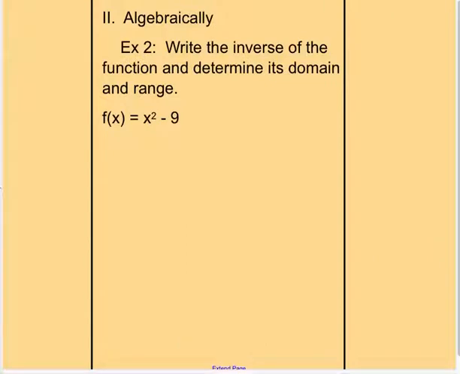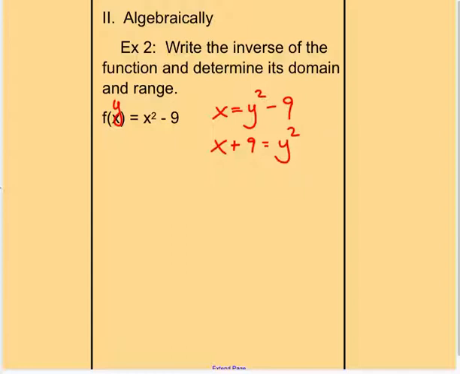So next, let's take a look at how to write or find the inverse of a function. So the process for finding an inverse, what an inverse does is graphically reflect it across the line y equals x. So algebraically, when we find the inverse, what we do is we first replace f of x with y, and then we flip the x and the y, the same way they would get flipped on your graph. So this becomes x equals y squared minus 9, and then we solve for y. So first I'm going to add 9 to both sides